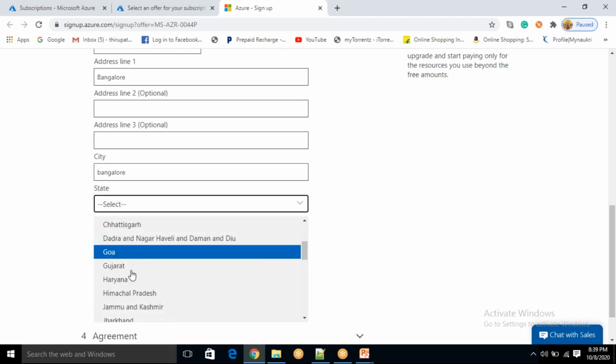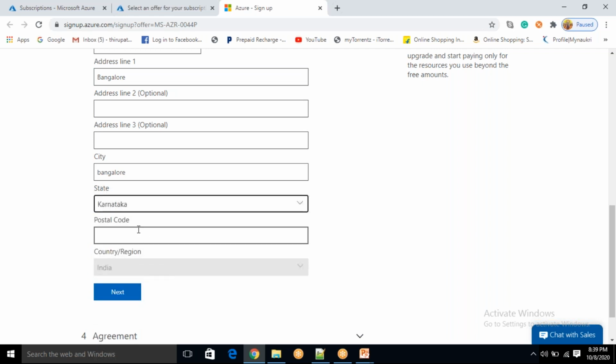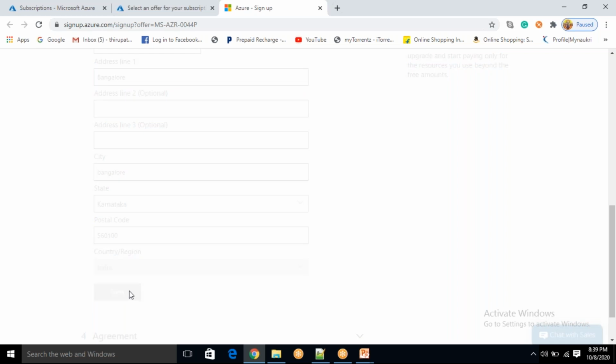Select state, Karnataka. Postal code, you can say something, like 50100. Then you can click next. So I have entered my credit card details and some address details here. Now I just click next.